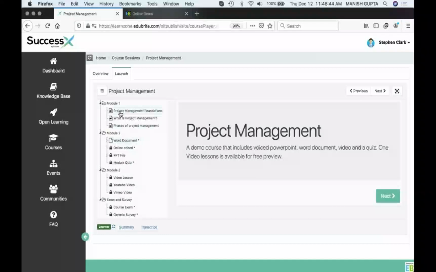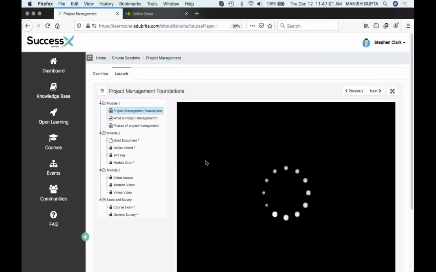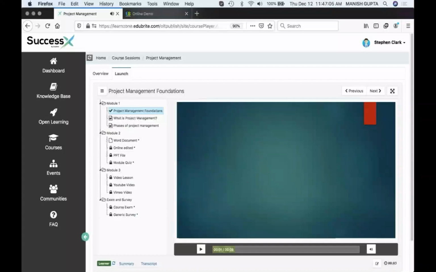Another thing with the time-based requirement is this: let's say you need to spend a certain amount of time, and you open the screen, leave the timer running, and then go back and do something else. For example, you can see here the timer is running at the bottom. So if you leave it running and you want to make sure that you exhaust the time, EduBrite also supports the idle timeout. So that way, essentially, you can time out this person,